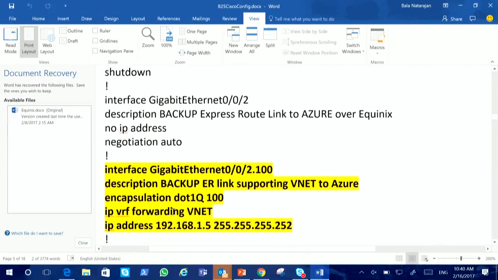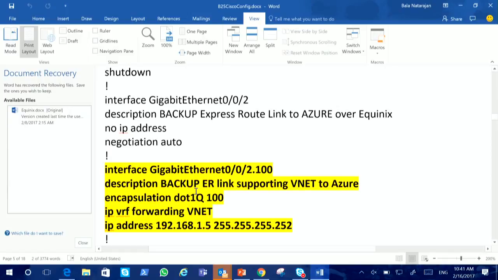Basically, the physical fiber that comes to your router comes to the WAN interface of the router. Within the WAN interface, you create multiple sub-interfaces: one for your IaaS peering, one for your PaaS peering, one for your Office 365 peering. Those are the sub-interface IDs that we use, the VLAN IDs, and the encapsulation method that you are going to use.